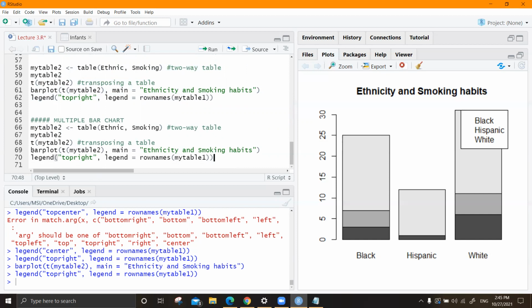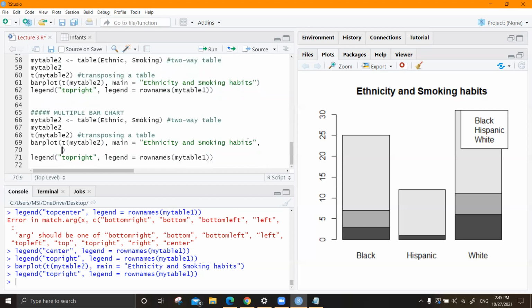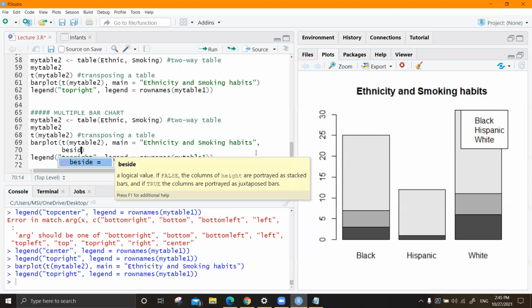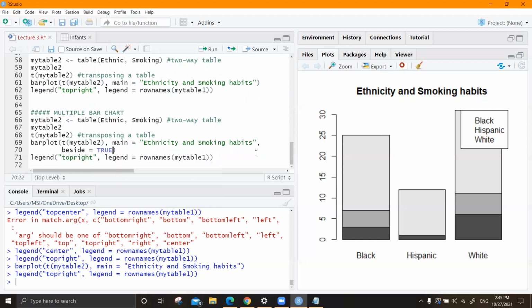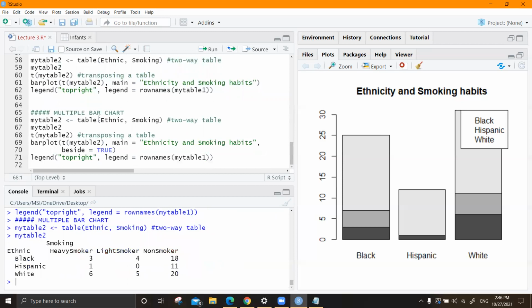You have to add another argument to this particular line. Okay. Put a comma. The argument is beside equals TRUE, which means by default this beside is equal to FALSE and you're getting a stacked bar chart. So let's compile this and see.